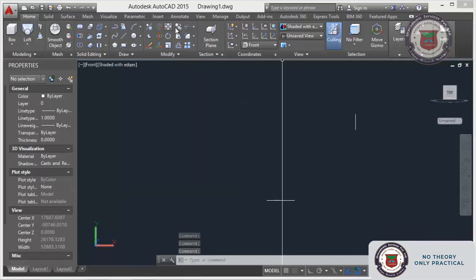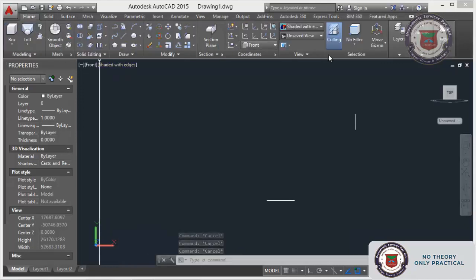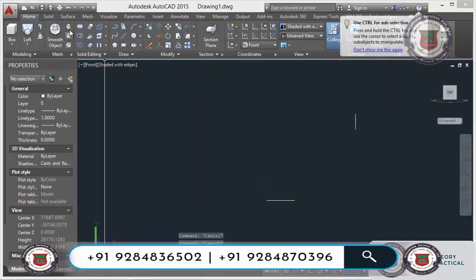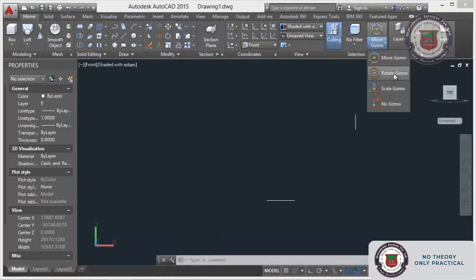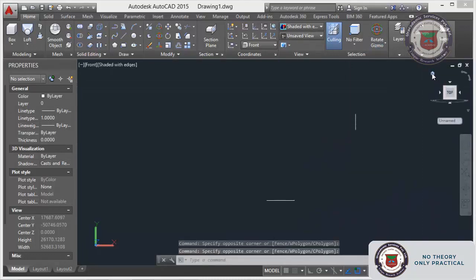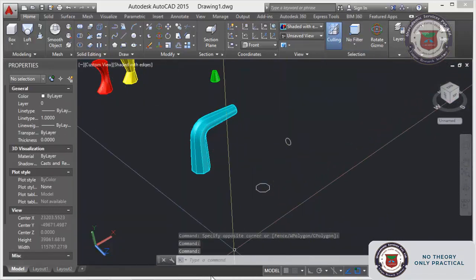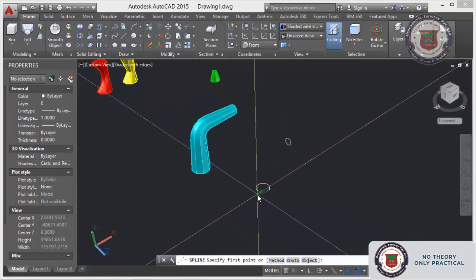For that I will rotate a little bit, orbit. I will draw a guide and show the value.